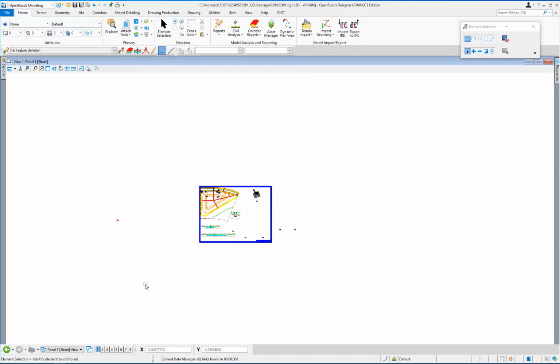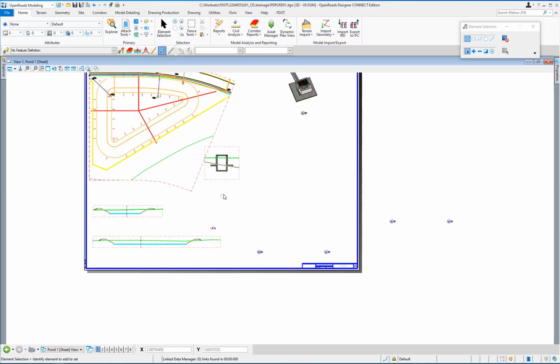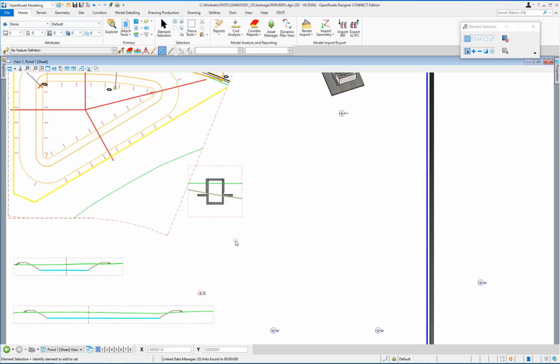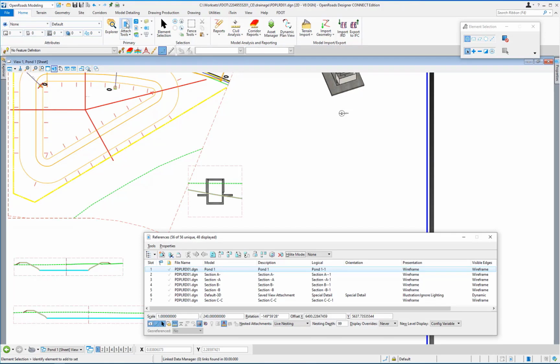The Pond sheet view will open, and the new section will be near the center of the sheet. Switch to the Home tab and use the Attach Tools icon to open the References dialog box. Select the section C-C model and left-click on the Move References button to begin moving the new section.